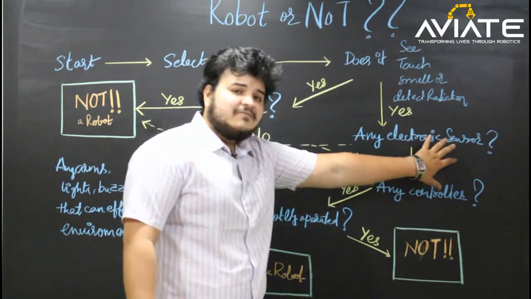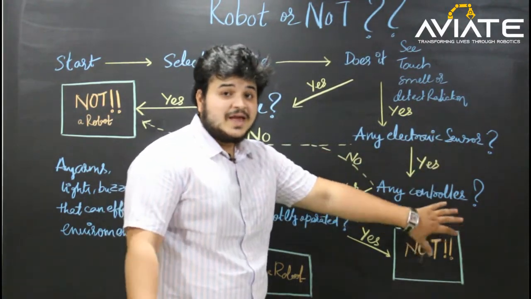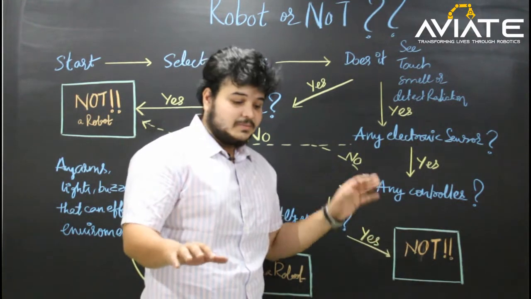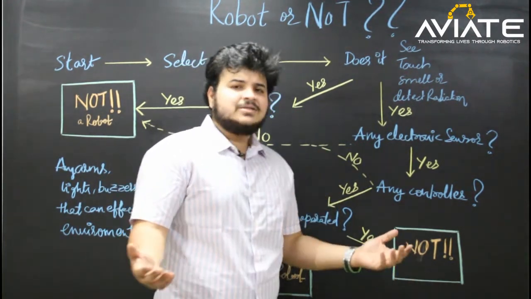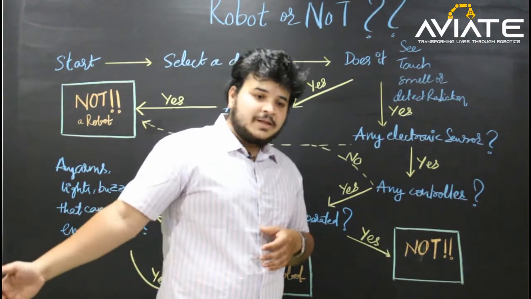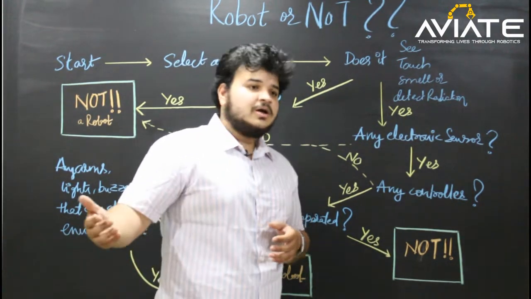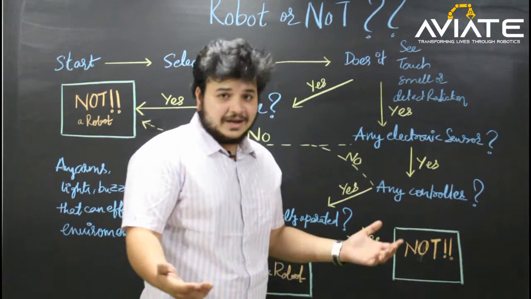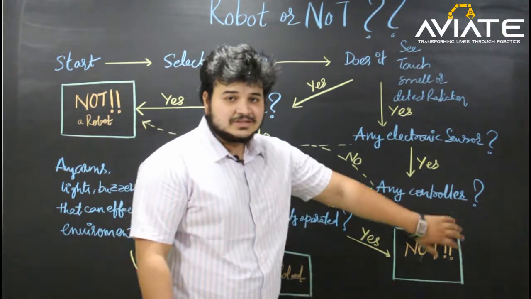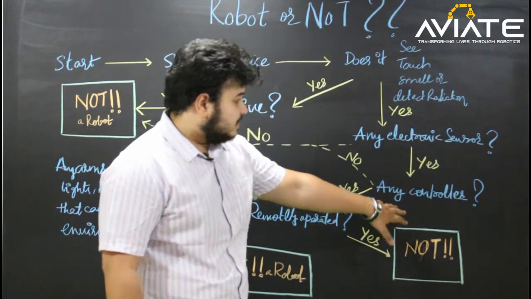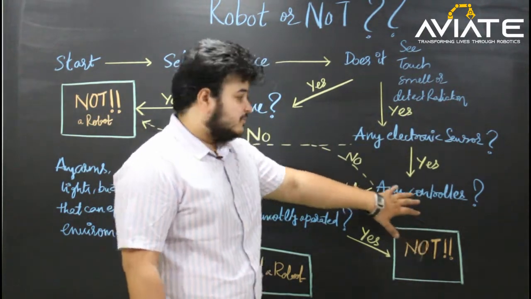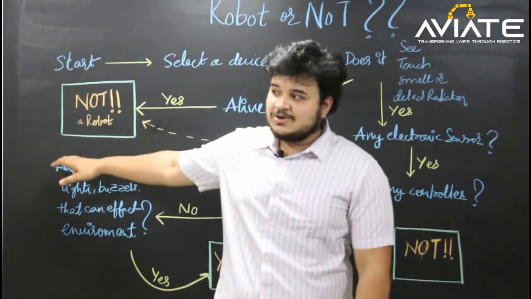And if it is having electronic sensors, but it is not having any electronic controller on it, maybe some kind of microcontroller, and there are many examples like 8051 to Atmel, or any kind of board controllers, or single board computers, or anything. It might be anything which is controlling the other electronic peripherals on board. So is it having any kind of controller? And if there is no controller on it, obviously it's not a robot.